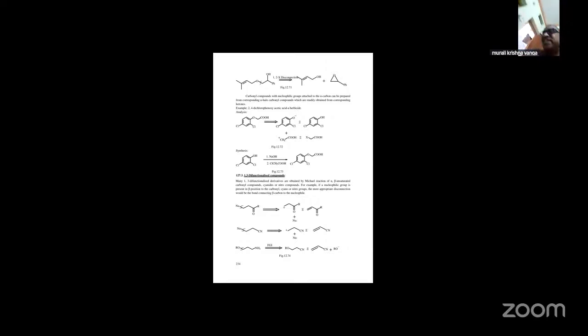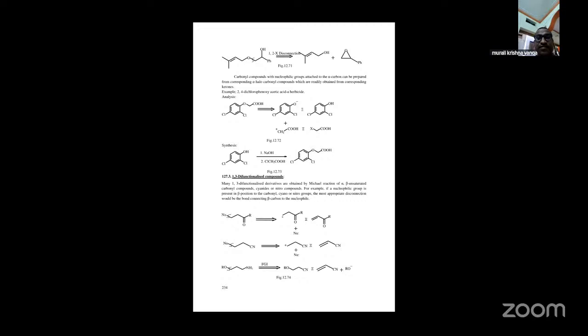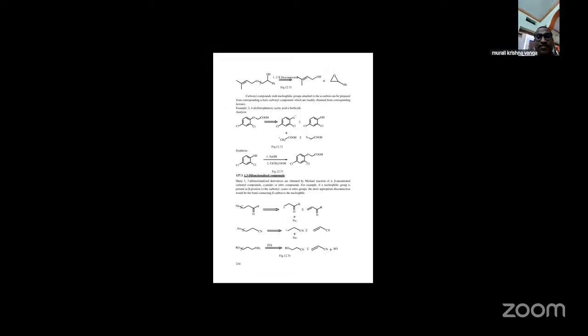And 1,3-difunctional compounds. Many 1,3-difunctional compounds are obtained by conjugate addition to alpha-beta unsaturated carbonyl compounds, cyanides, or nitro compounds. For example, if a nucleophilic group is present on the beta position to the carbonyl, cyano or nitro group, the most appropriate disconnection would be the bond connecting the beta carbon